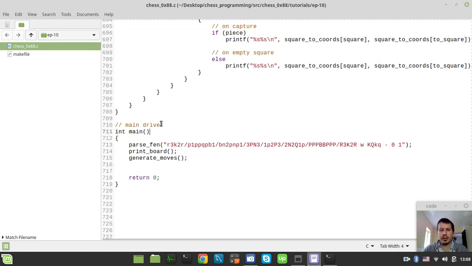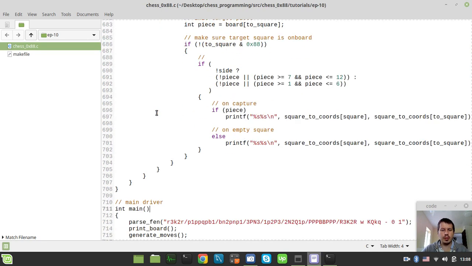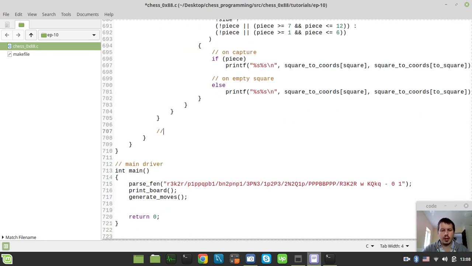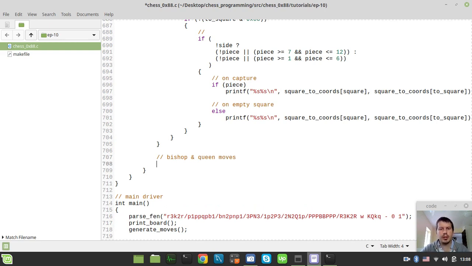And so let's go for implementing our slider piece moves. So the indentation should be right over in here, and here we'll say bishop and queen moves. So we're just keep implementing our generate move function. So the very first thing to consider, we need to match the appropriate pieces. So I can say if board indexed by the current square is equal to